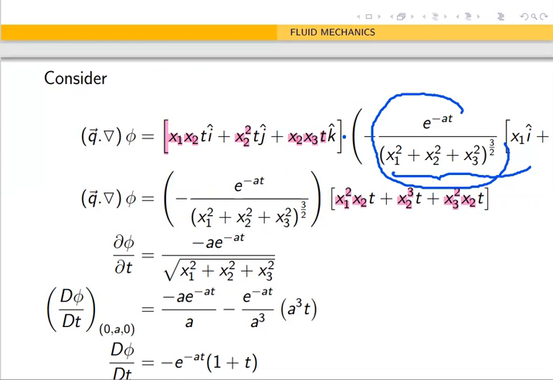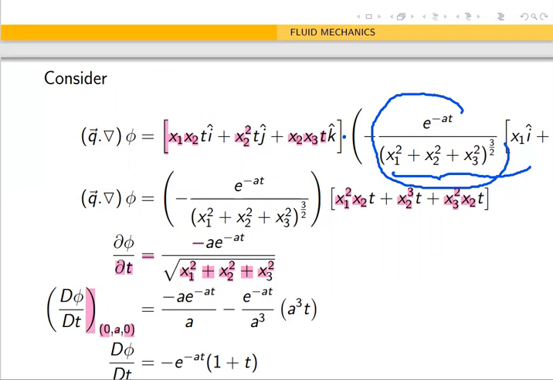Now what is dou phi by dou t? Dou phi by dou t we have already found, that is this. So what is d phi by dt now? Substituting these two in 1, we get d phi by dt, the material change in phi, equal to, at the point